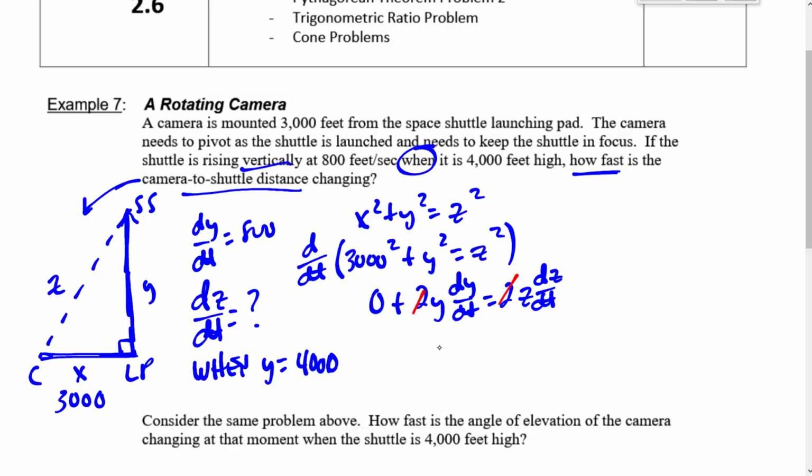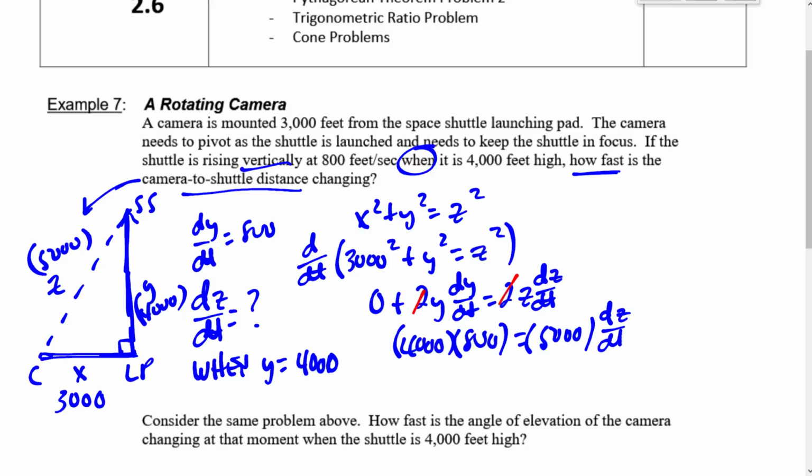Less work. All right, what is y? Well, y is 4,000. So we're going to plug in 4,000. dy dt is given to us as 800. Now, what is z? Okay, come back to your triangle. When x is 3,000 and y is 4,000, this is a 3, 4, 5 in disguise, so z must be 5,000 at that instant. Okay, so 5,000